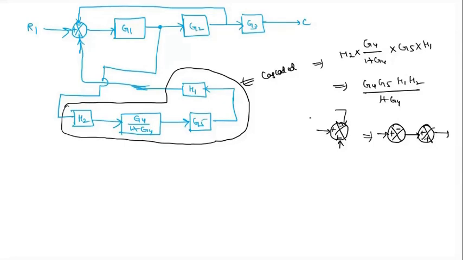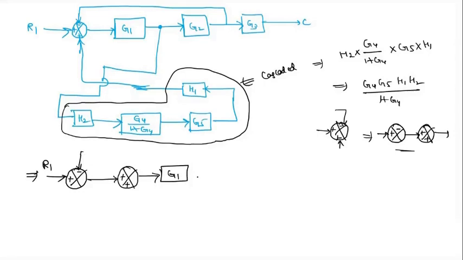Finally, whatever output we get from this summing point, the same output is going to be got from the combination of these. Therefore, I'm going to take these summing points instead of this one. So now I'm splitting the summing points and replacing the entire thing at a time. First summing point is plus minus. Here the input is R1. Again the second summing point is plus plus. Here minus is there. So after this summing point we'll have G1.